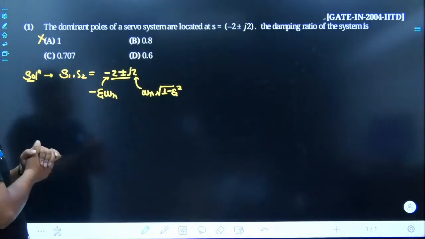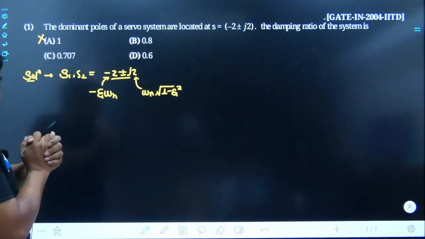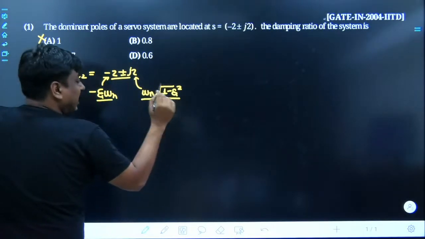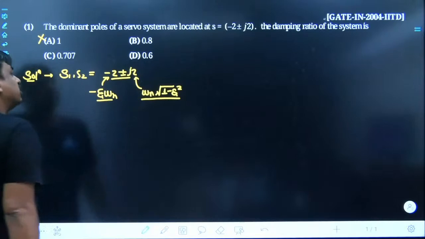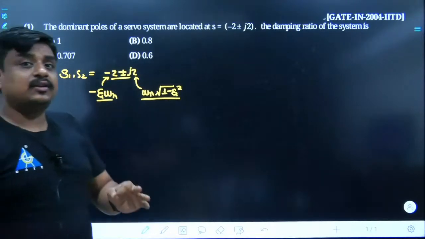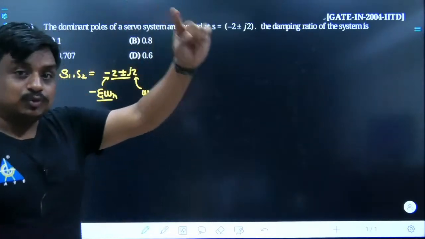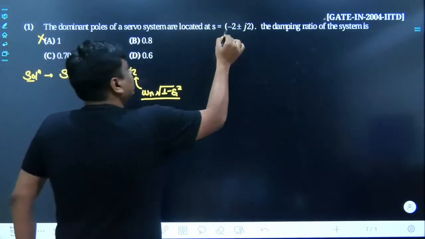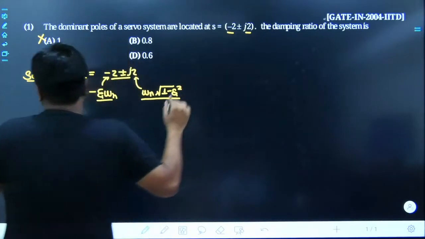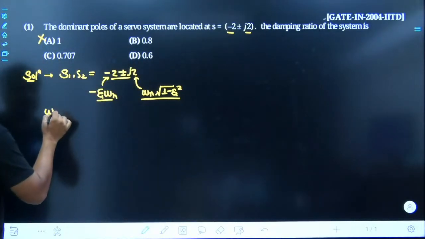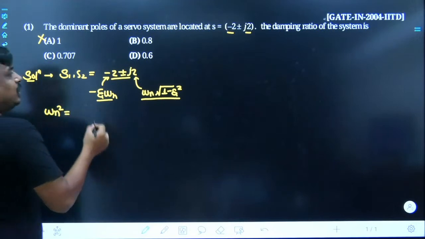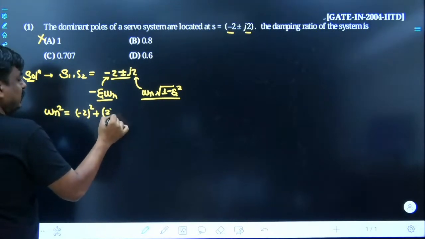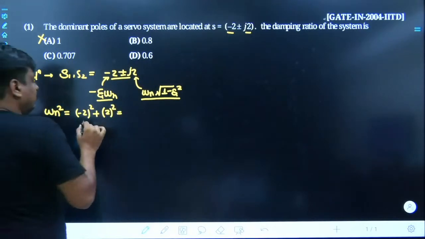So what we can do out of it, just try to understand what I am saying. Once you take the square of this as well as the square of this, and add them together, the result is omega n square, which you have already seen, the omega n square circle. So whenever you have this sort of problem, you take the square of its real part as well as imaginary part, and its resultant would be equal to omega n square. So here it becomes minus 2 raised to the power of 2 plus 2 raised to the power of 2, and how much is it?